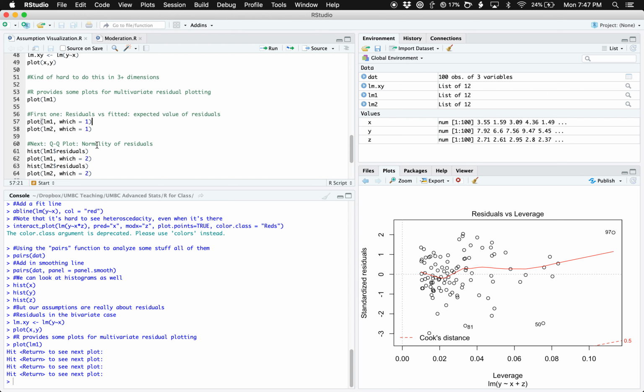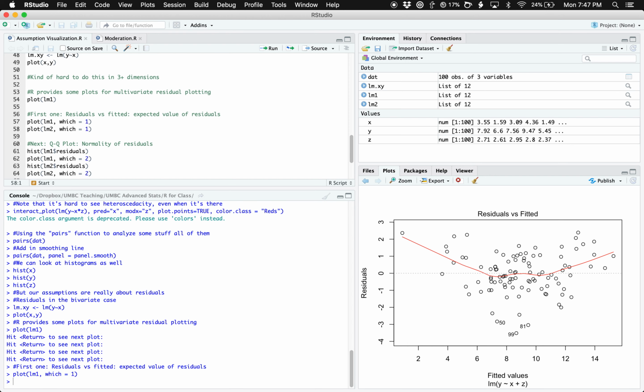If I look at my residuals versus fitted, here in my violated plot, where I violated the assumptions, my additive plot, you see this U shape. Now, what are we getting here? Our fitted values, right? So these are our expected values, our y hat, versus the residuals. We should not see this U shape. This suggests that the residuals change depending on our fitted values, depending on our value of the expected value of